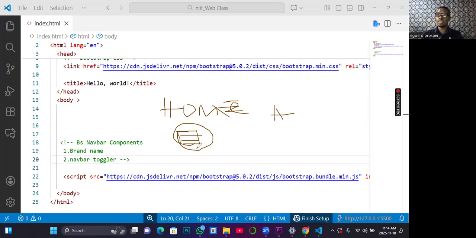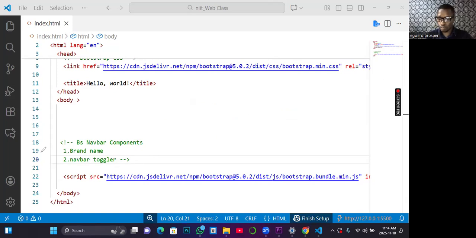You know that on a laptop view, the navbar will display horizontally, right? Once it comes on phone, the toggler will make it display what? Vertically. All right. So that is the idea. So there is a component called the toggler. Now let's look at the next component, which is called